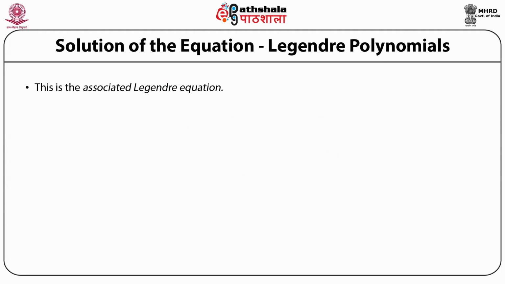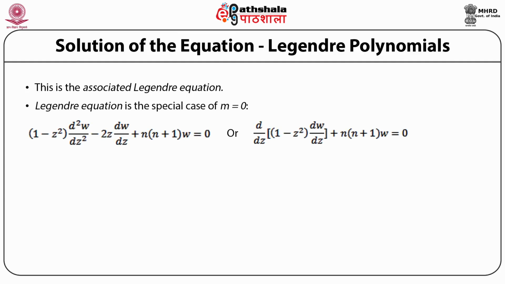This is the associated Legendre equation. In the case of greater interest, m can take only integer values 0, 1, 2 and so on till n. Finally, if we consider the special case of m equal to 0,